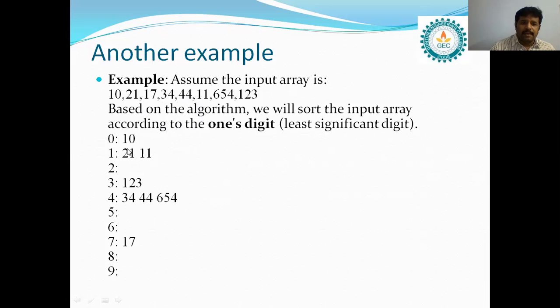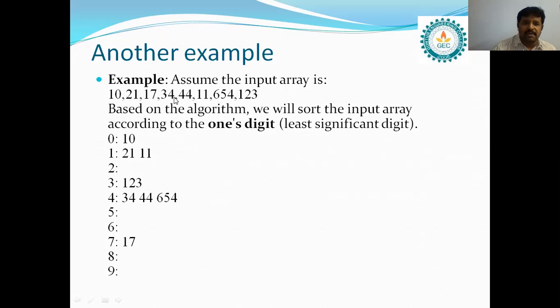Right. But because it is here, we can write in any form, in any order. We can write the smallest one first or as it is, no problem. We can write it in any way. Here we can write first 21, after that 11. Okay, no problem. Next, find the next smallest element. There is no 2 at the ones place. Consider the next smallest element, that is 3. Only one element, which is written at location 3.